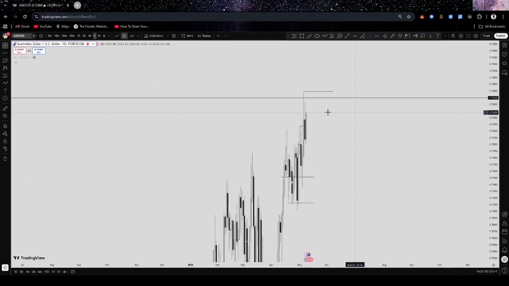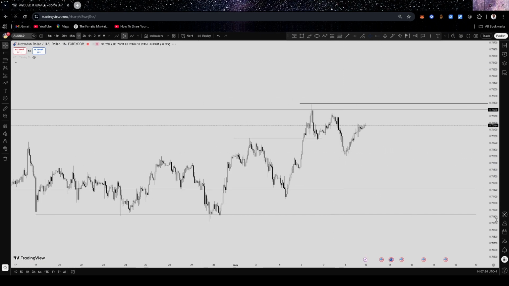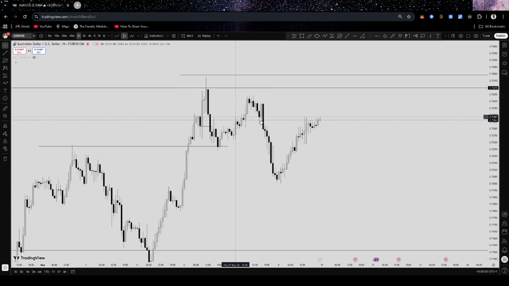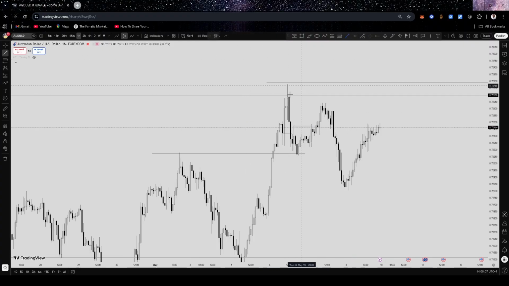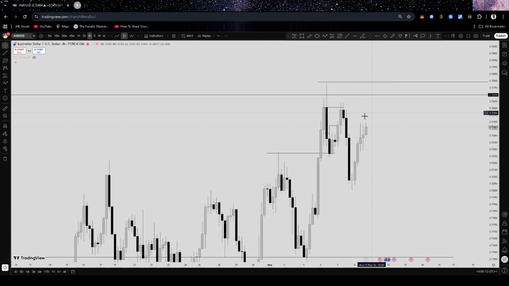after price rejected from this key level, I had a break of structure in the 1 hour time frame, which was this. I had this break of structure on the 1 hour time frame, confirming I can start selling, and we had a liquidity right here, and my entry came from here, which aligned with the 4 hours key level. If I go to the 4 hours, you see it aligns with the 4 hours key level,